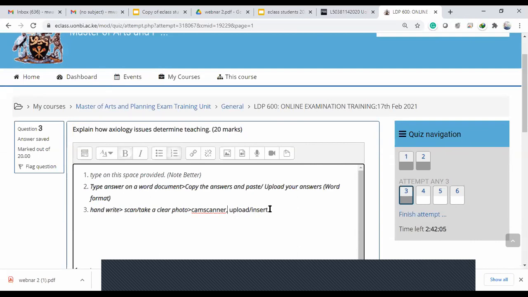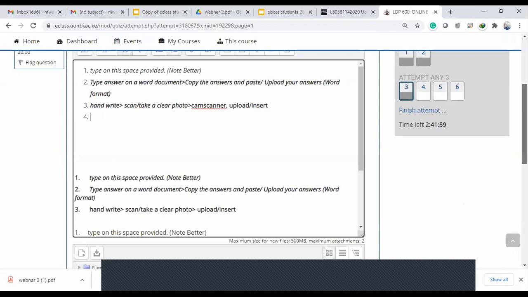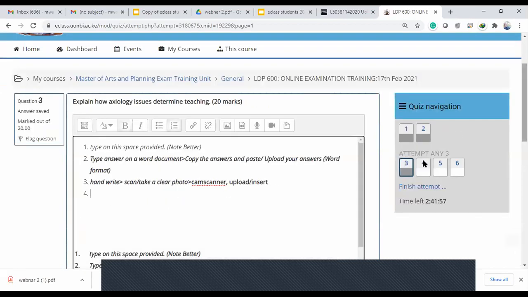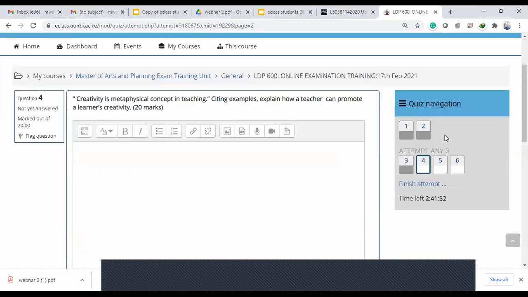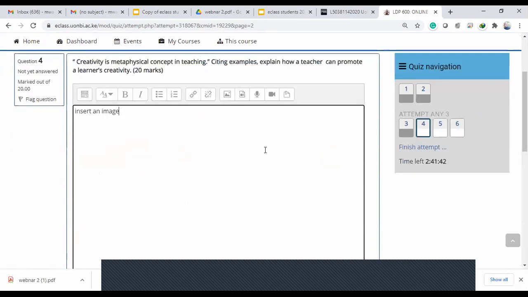So after you scan, we assume your work is now on the laptop or on your machine, and we go to the next step of uploading or inserting. So let me go to question number 4 and demonstrate what I mean by inserting and what I mean by uploading. I'll start with inserting an image. Inserting an image basically is,